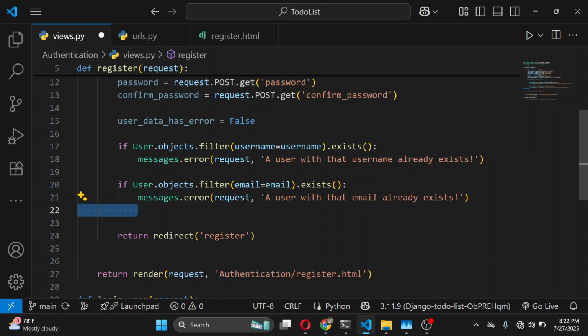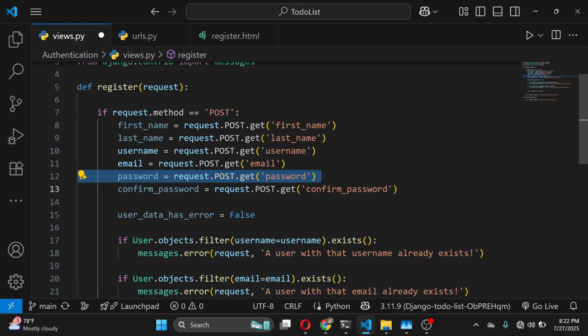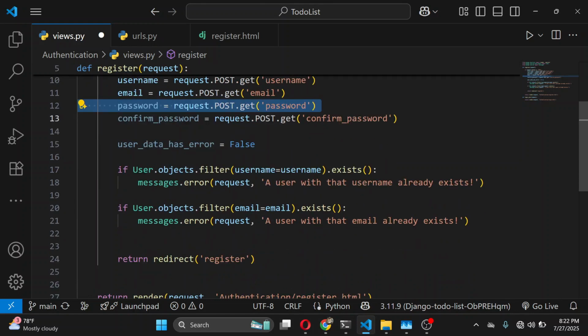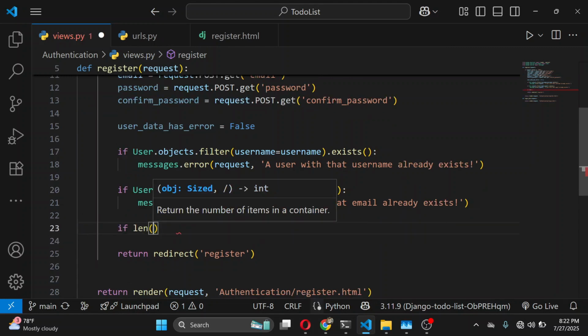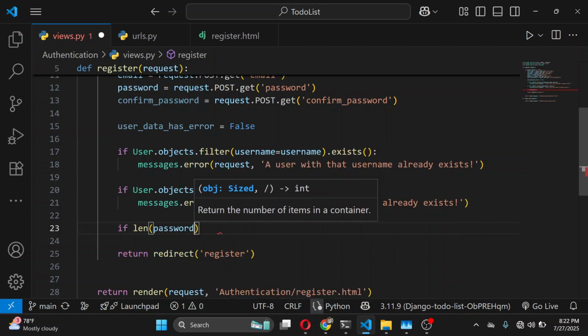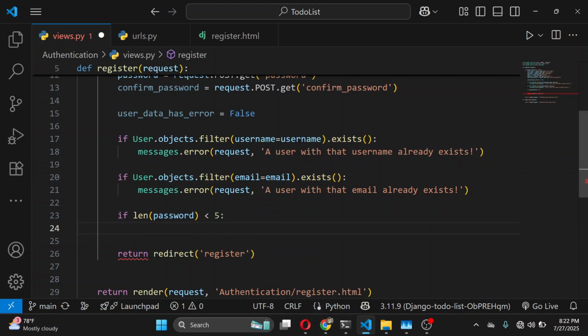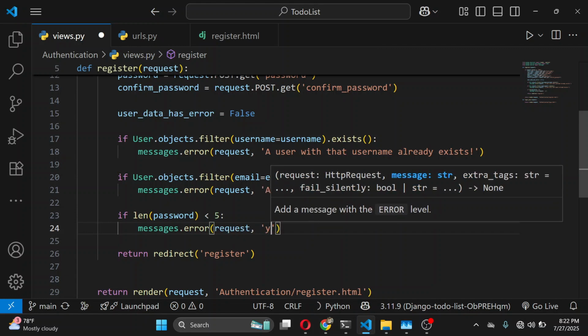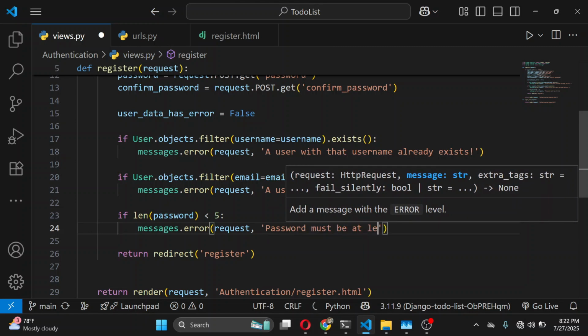Now, what I will do next is after checking if the username and email exist, we are going to check if the password is less than 5 characters. That is, if the length of the password is less than 5 characters. So I'm going to say if len password is less than 5. That is, if the number of characters that the user entered is less than 5, we're going to generate a new error, and we're going to tell them password must be at least 5